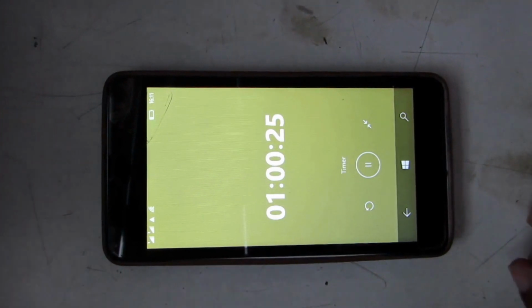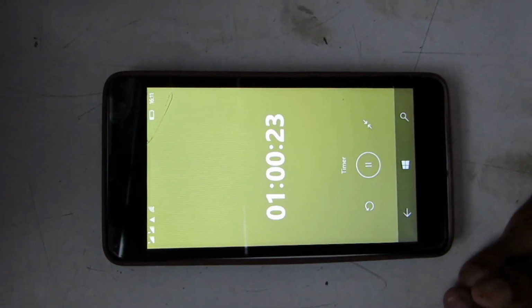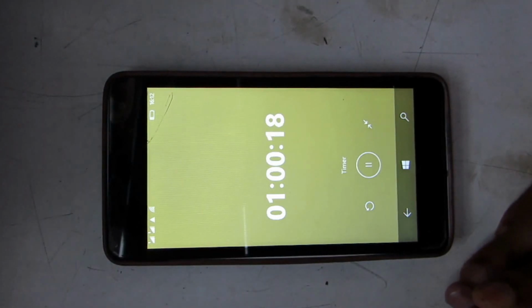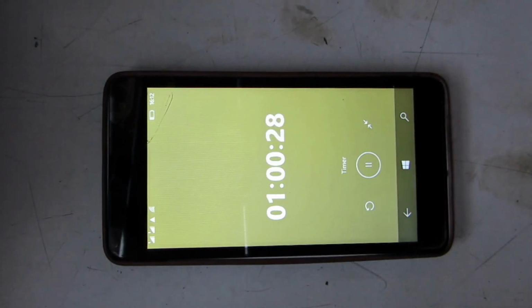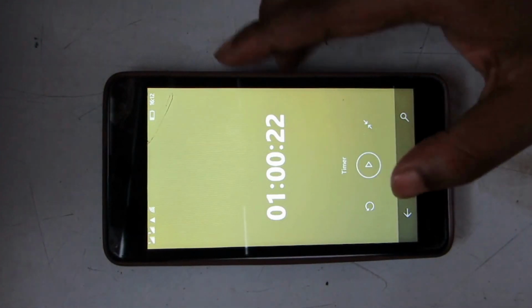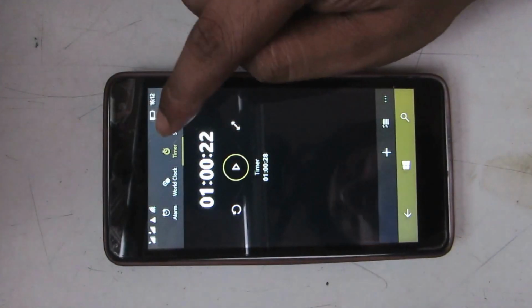Suppose I have been disturbed by something, or your children or kids or your parents or someone is calling you and you felt the disturbance, you can restart from it, or you can pause. Again you are starting. That means the time is already being calculated, and within a short time you have just put a break. Okay, next feature, stopwatch.